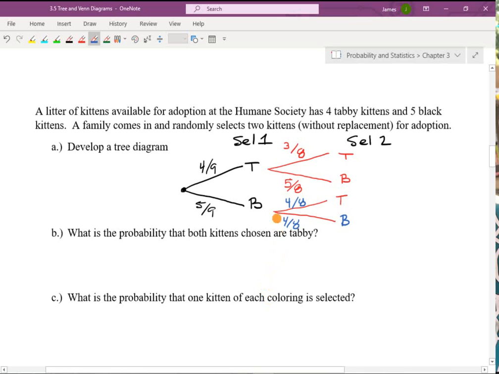Okay. So the types of cats I could take home: I could take home 2 tabbies, tabby. I could take home the first one tabby, second one black. I could take home the first one black, second one tabby, or they could be both black. Okay. Now, here's what I want us to understand. That is